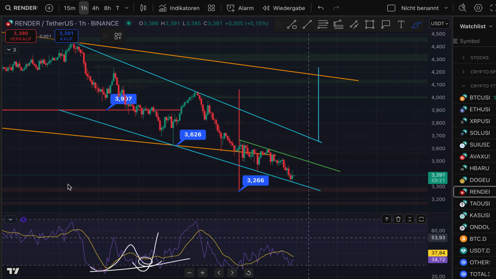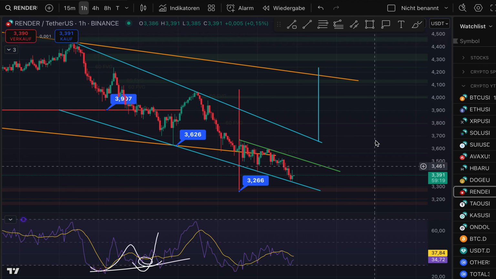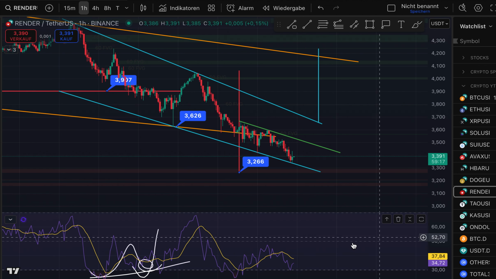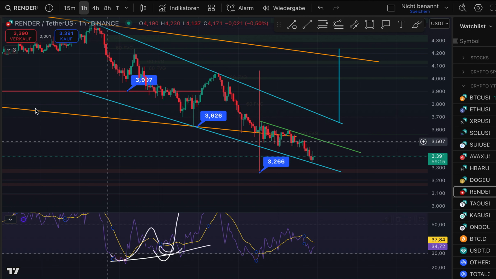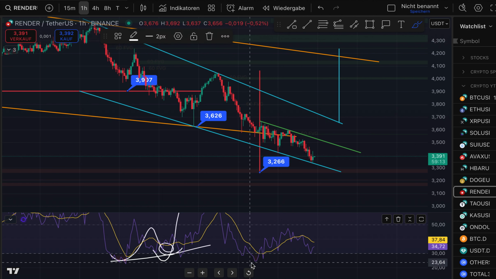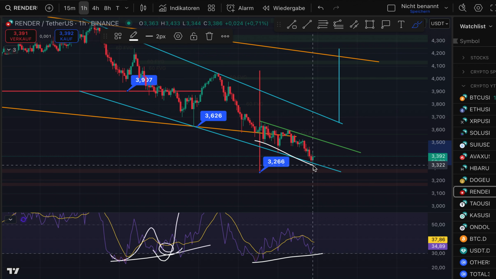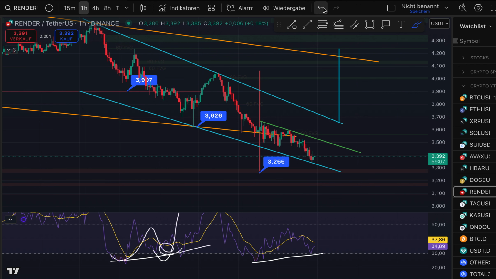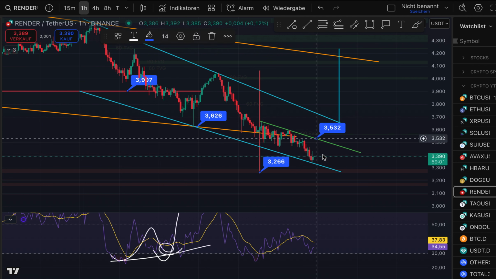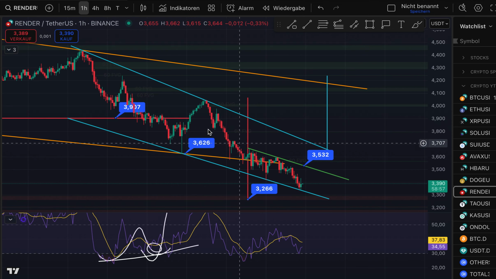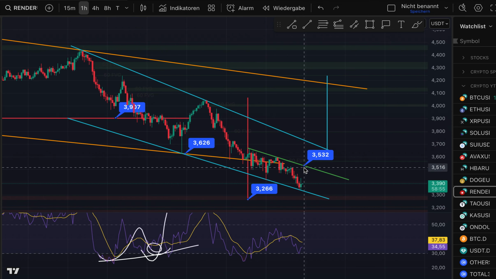We also have built up in the RSI a bullish divergence. So if you put it like this, then you can see we have higher lows in the RSI, lower lows in the chart, bullish divergence. Do I expect a bounce? Yes. And can I trade this bounce? Yes, I can. So once we break the $3.53 to the upside, then I would consider taking a small long position, a small one,